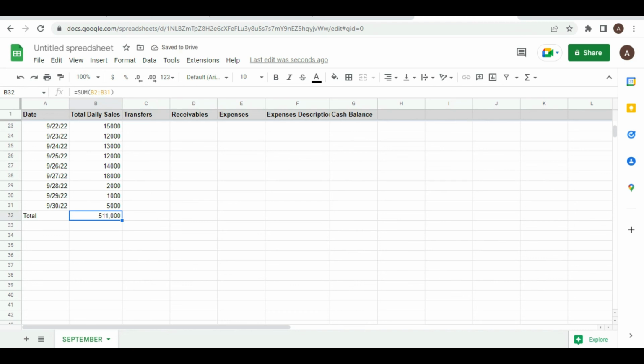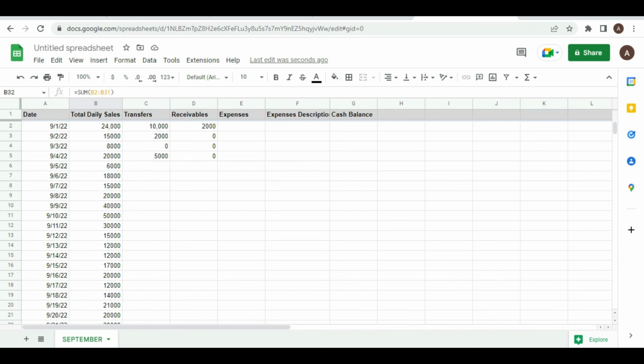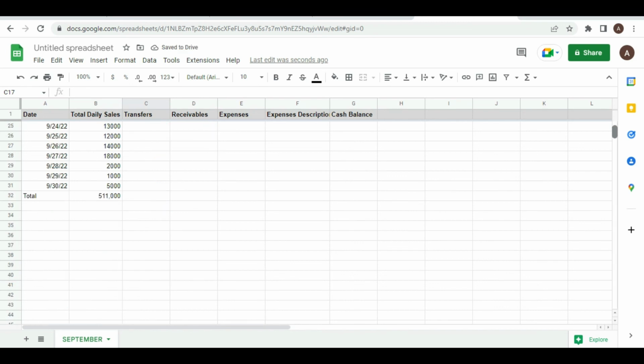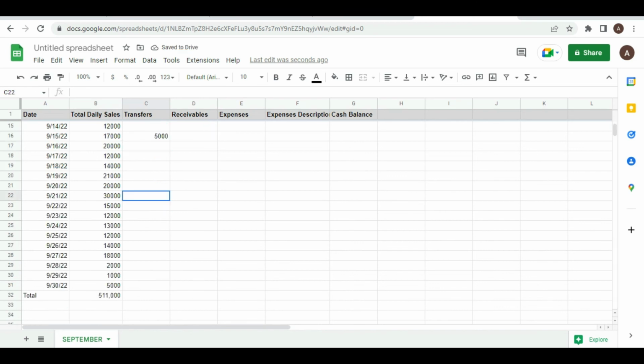So for transfers, let's auto generate. On this day 8,000 was transfer. I'm just going to pick a few days. This 20,000 was transfer, this 4,000 was transfer.